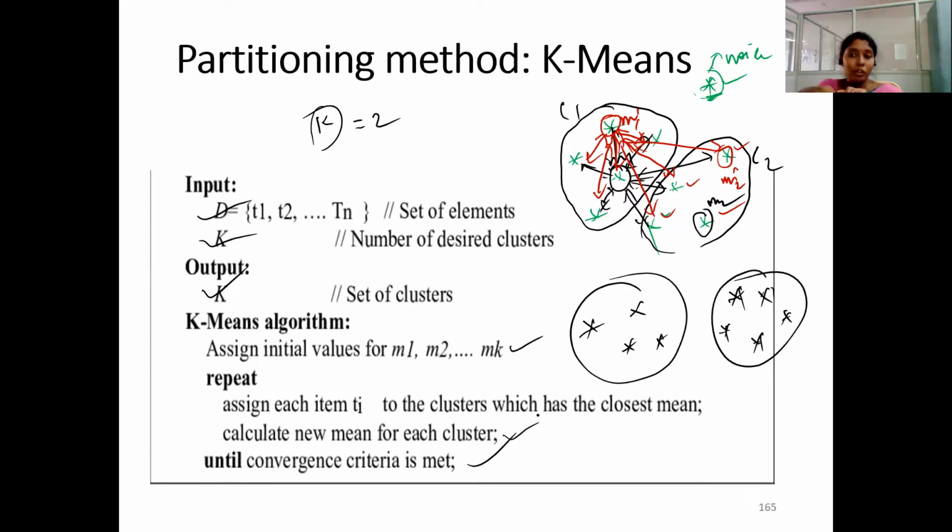Once the mean is formed, the new cluster is formed. Once the new cluster is formed, again the mean should be calculated for that. So this process is repeated until there is no change in the formed clusters, or there is no change in the mean. So initially, how to form the clusters? That is also based on the distance calculation with the mean. But how to find the mean initially? That we need to take randomly. So k number of points we need to pick up randomly, and we assume that each point is the mean of each cluster.